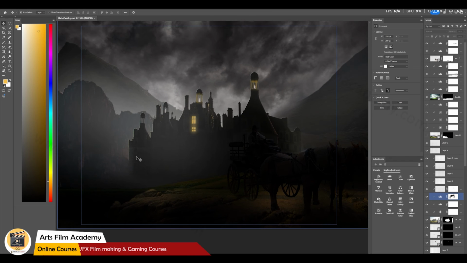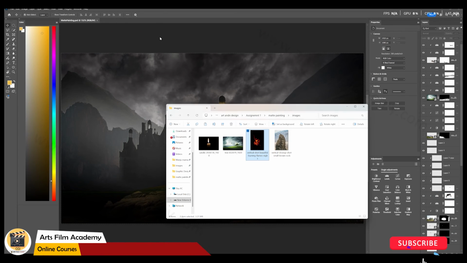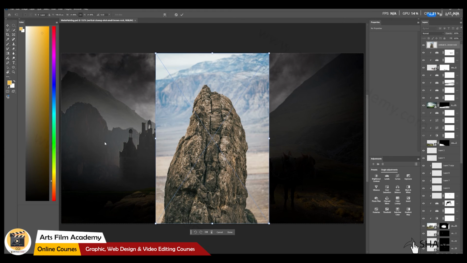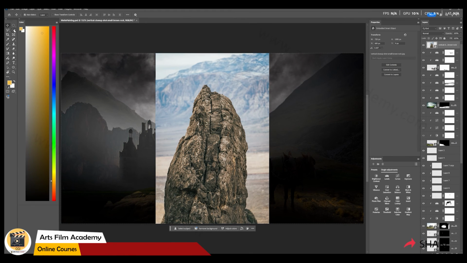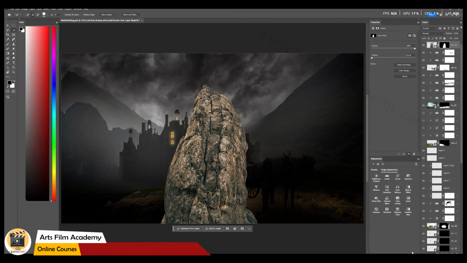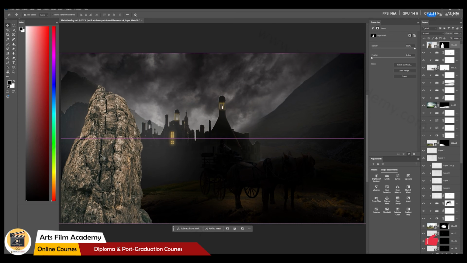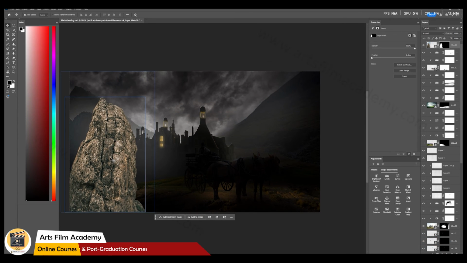It is good. Now I have one more image, which is this kind of rock image. I'll select this rock, select only the rock and mask it out. Then keep it on the left side. Now I'll duplicate the same rock,